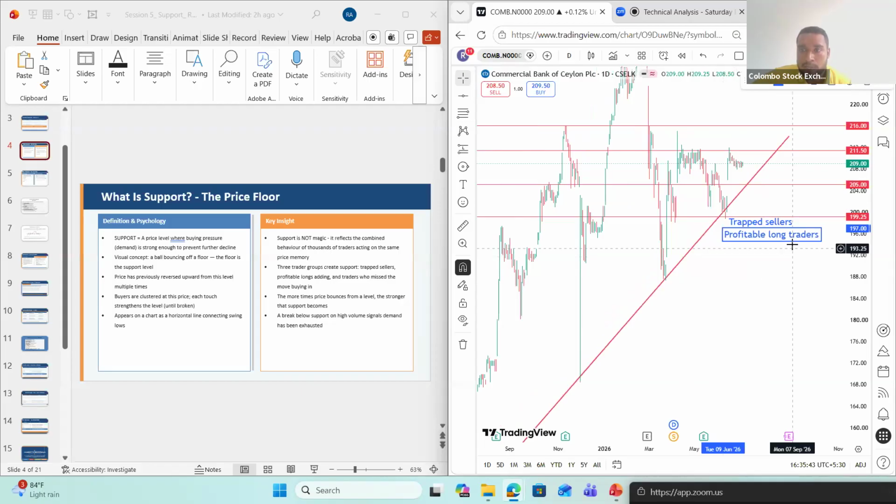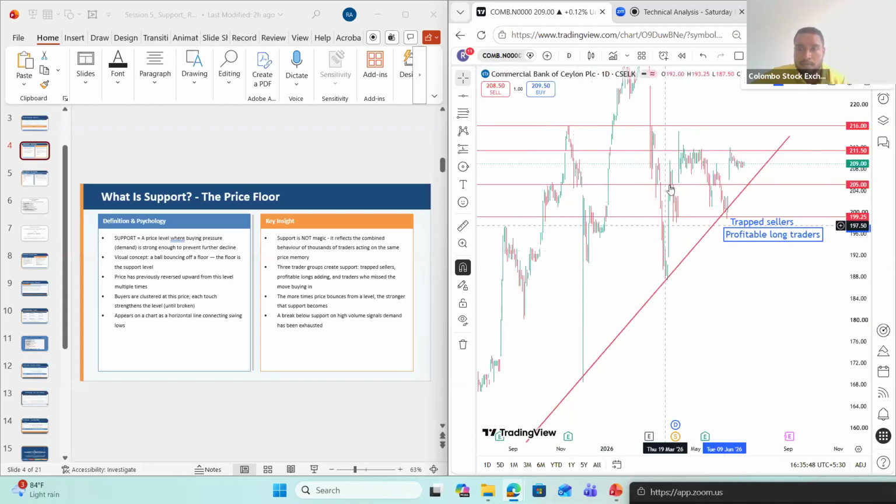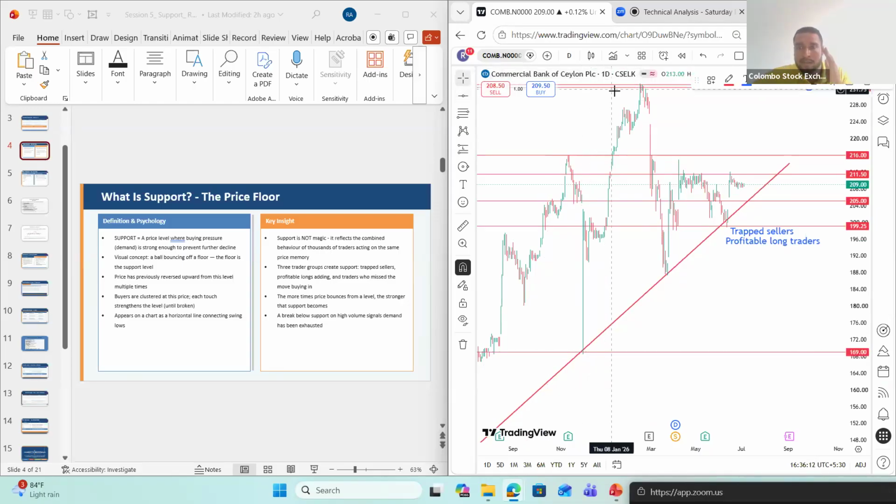Profitable means they have entered into a long trade a long time before this, before this downward move happens, somewhere here, right? So if someone has entered here, when the price has gone up to this level, they were in massive profits, right? If they have entered here, when the price is going down to this level, they are still profitable. If you have entered at this point, and you don't take the profits when the price has reached this level,